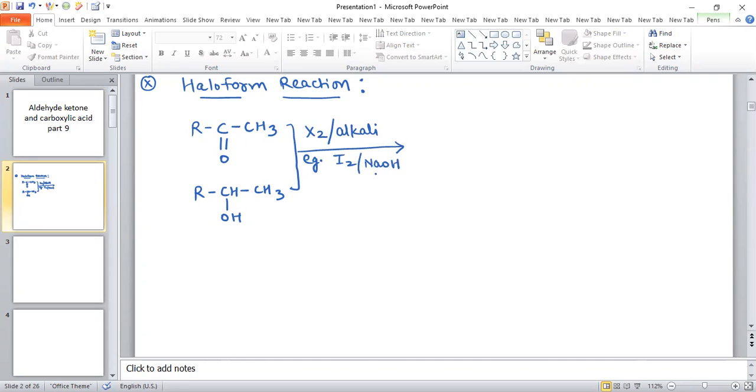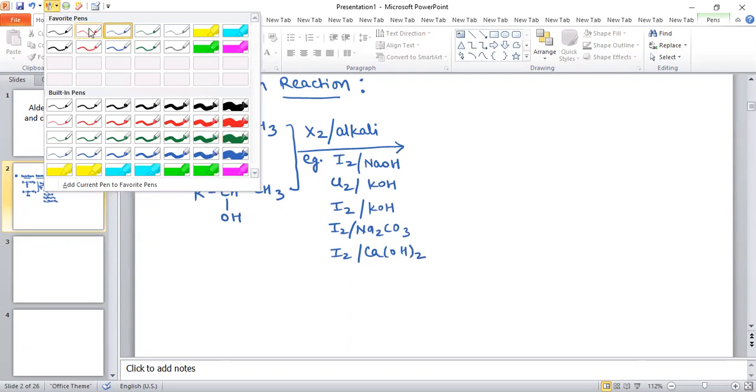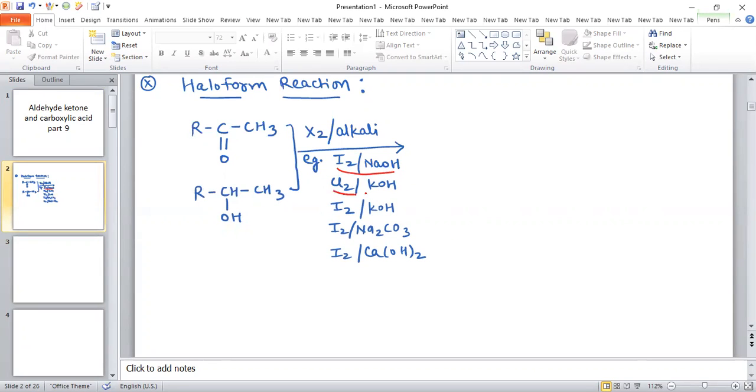Alkali is basically a base, and this pair can be Cl2 with KOH, I2 with KOH, I2 with Na2CO3, and also I2 with calcium hydroxide. Any one of them you can use as a pair, either this reagent, or this reagent, or this reagent. All of them will give